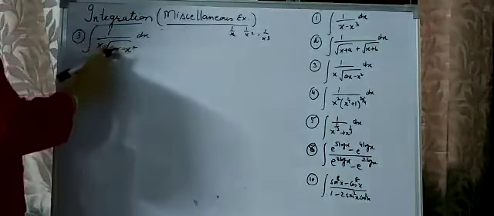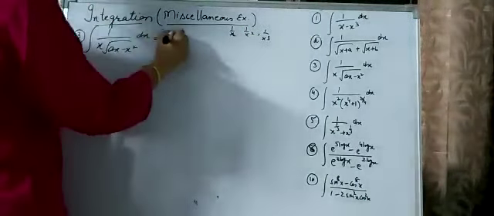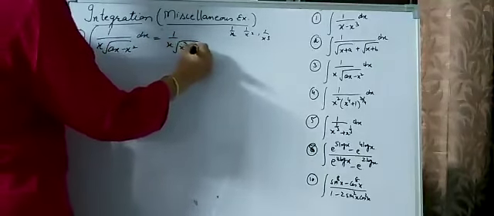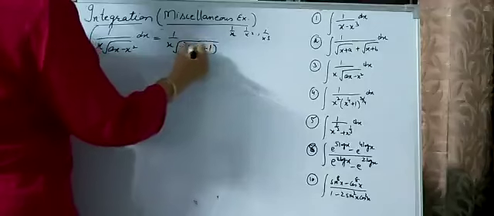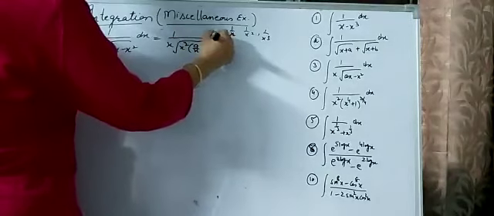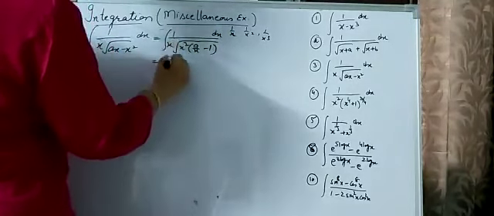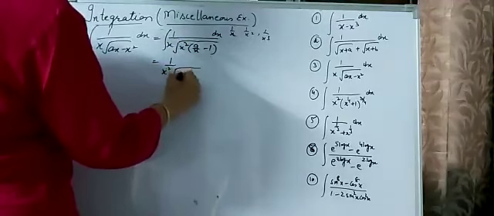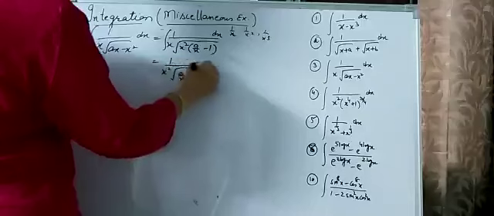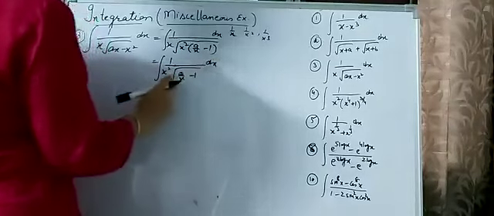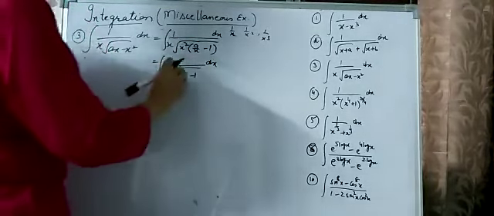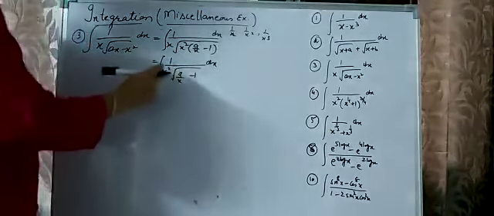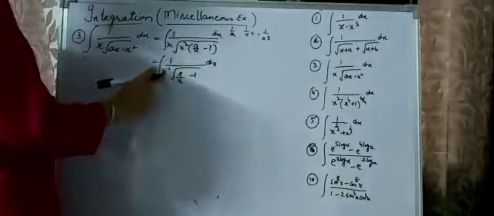So how will you make the function completely in the divide form? You take the maximum power of x common from this. So see, you will get x. Now I am taking this x square common from this. So you will get this a upon x minus 1, and this is dx. Now you take this x square outside, so this will become x square root a upon x minus 1. Now look at here, you will get the function. What is the derivative of a upon x? That is the derivative of a 1 upon x, in the form of this.